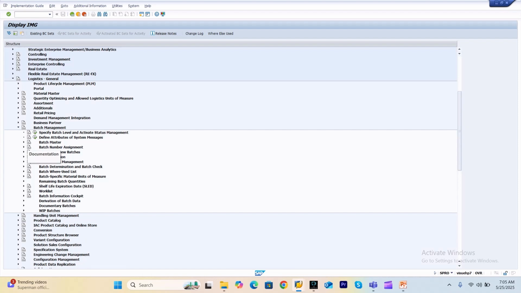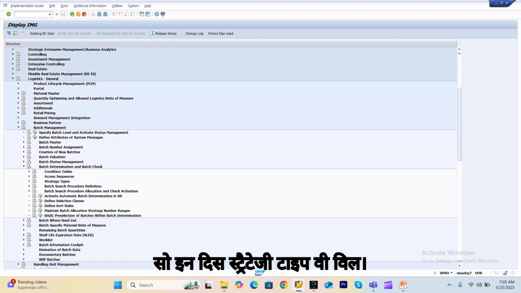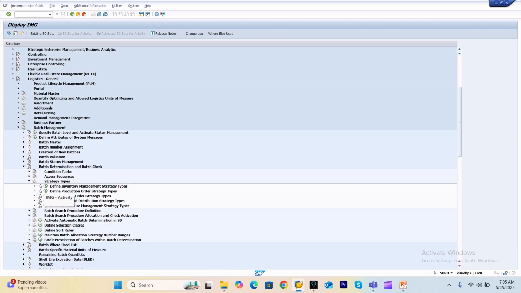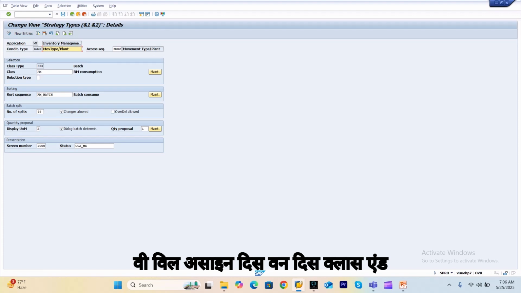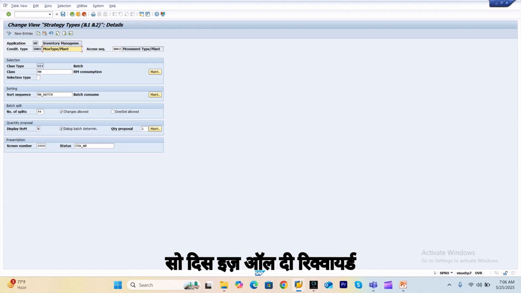So in this strategy type you will assign this one, the class. And so this is all the required configuration and transaction level setting. After that, before I go to check the production transaction process,